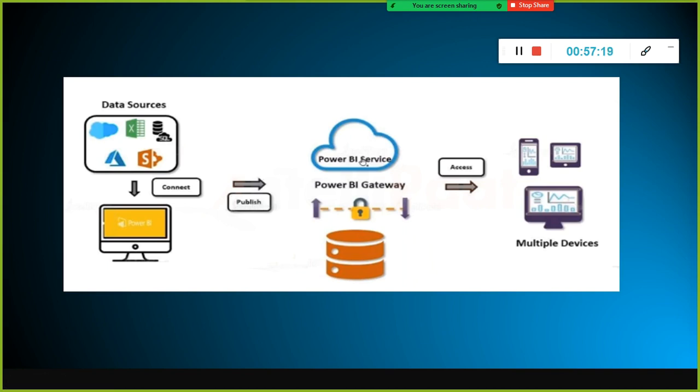Once you develop a dashboard or report, you publish it on the cloud. For that you need something called Power BI Service. In Power BI, a component called Power BI Service is available. With the help of this we can publish the report or dashboard on the cloud.